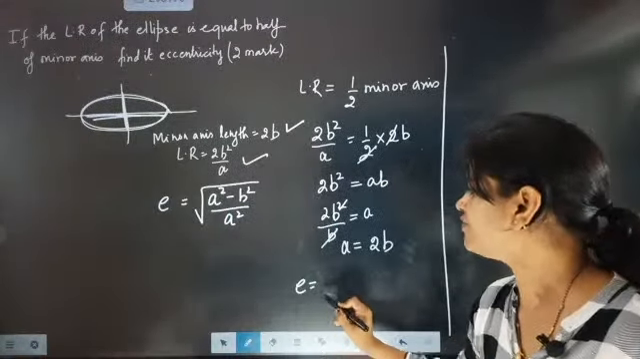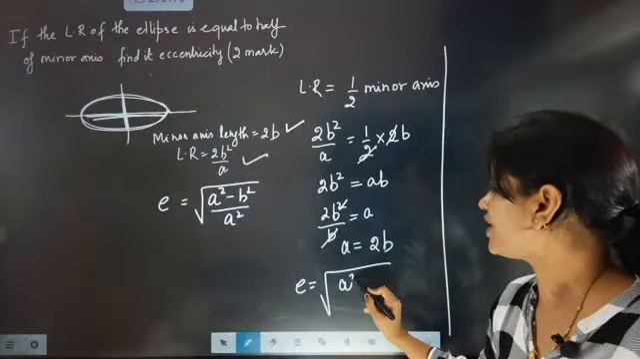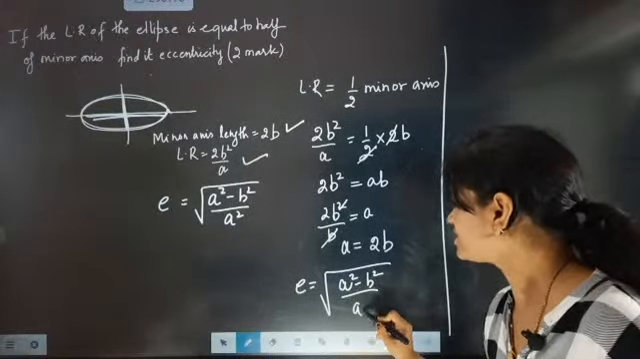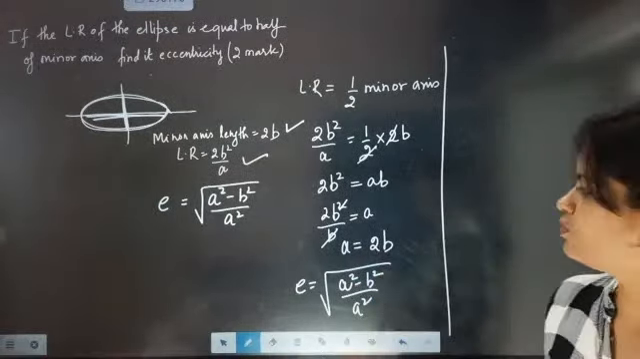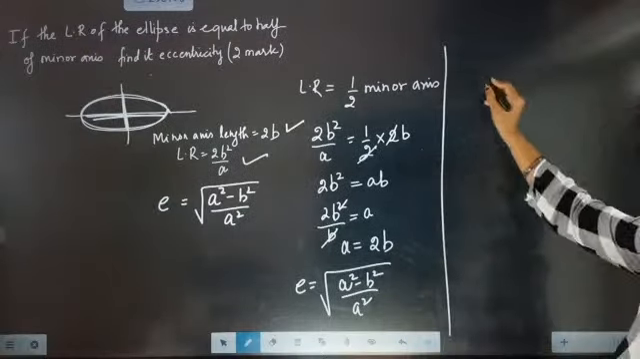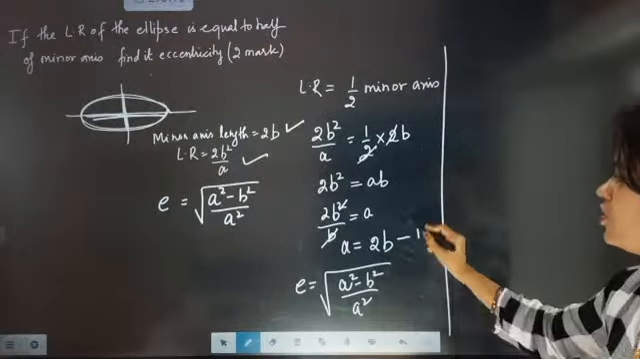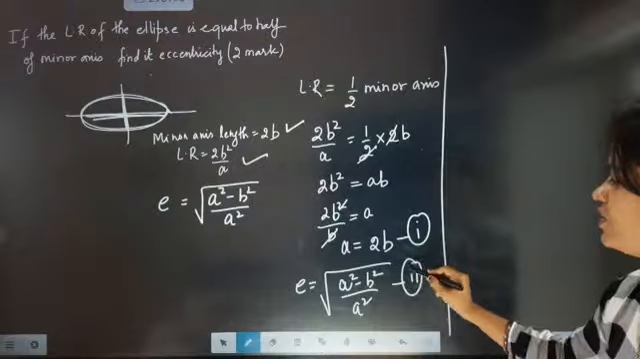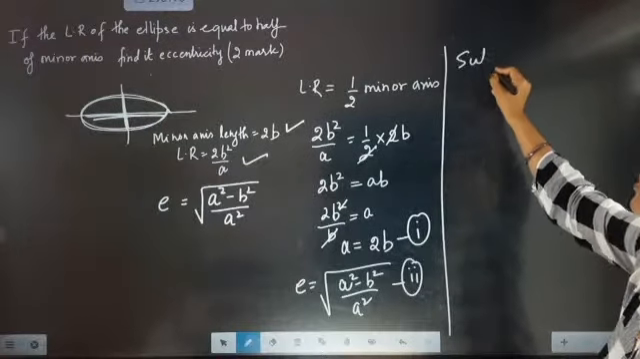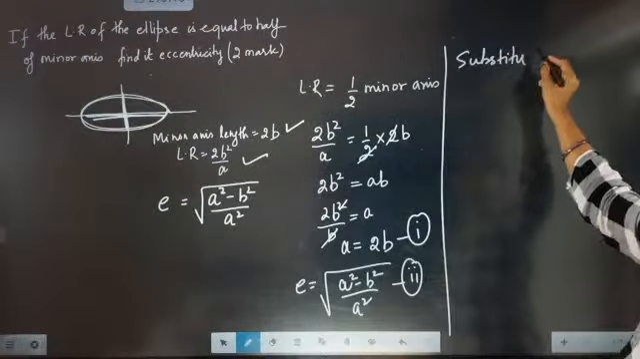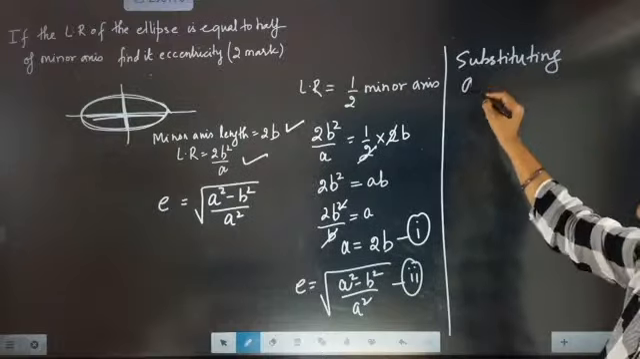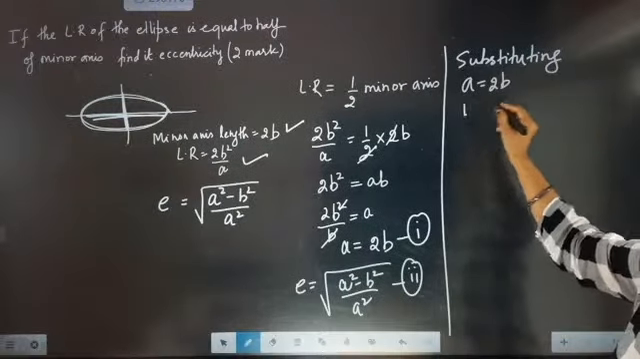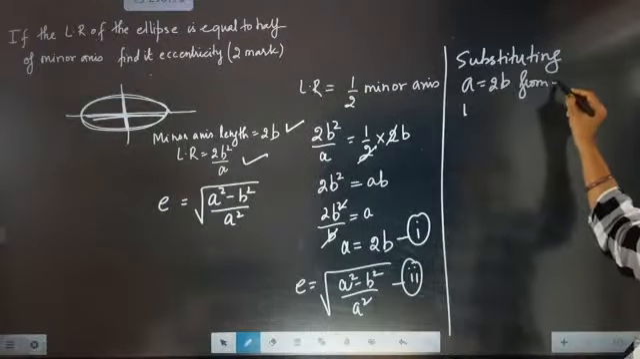So eccentricity will be equal to root under a square minus b square by a square. Now, a value you got is 2b. Then what will be a square? So a value you got is 2b. Substitute this value in equation 2. So substituting a equal to 2b from 1,